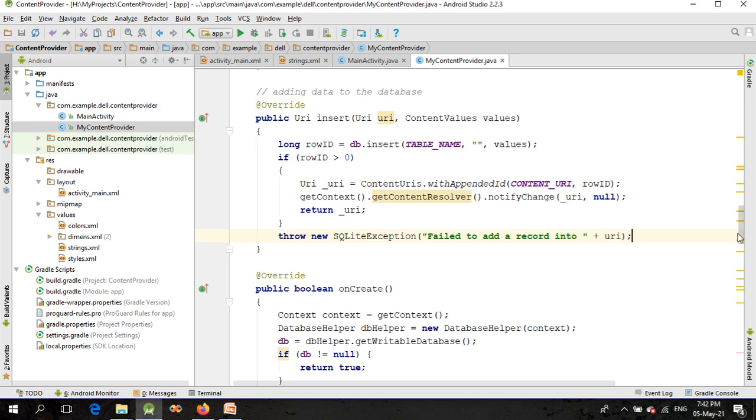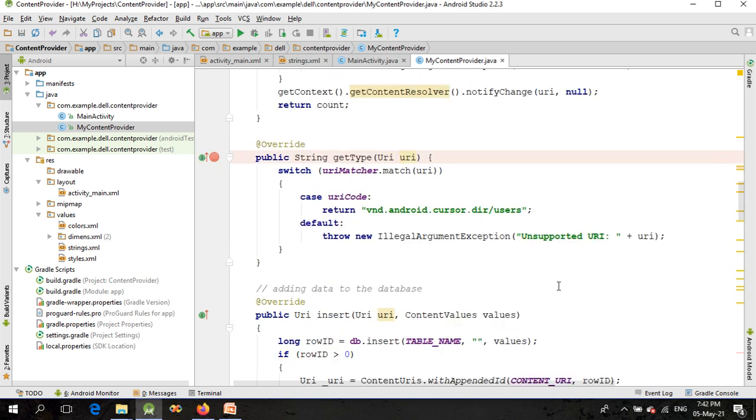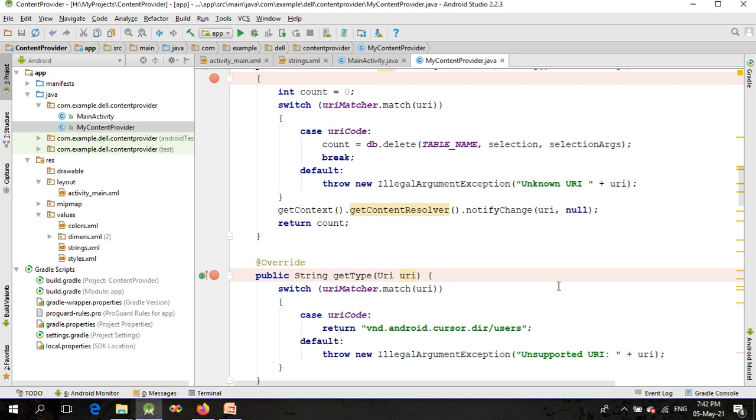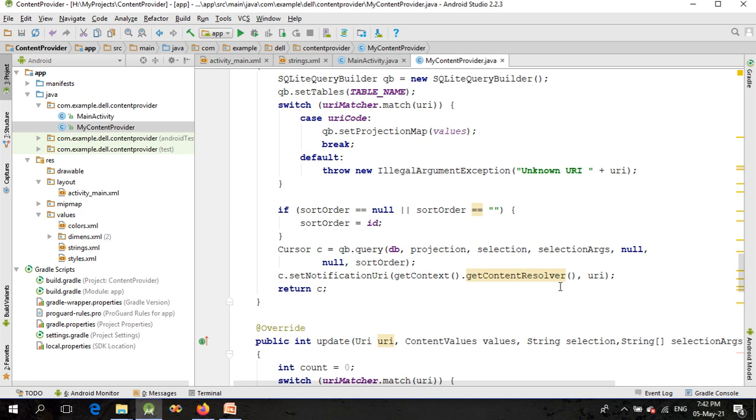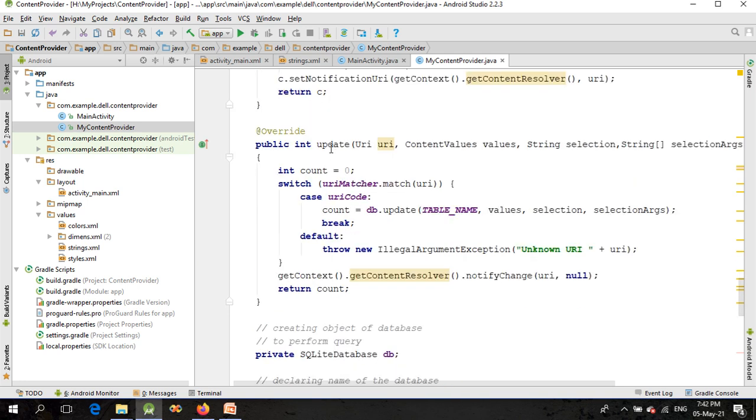Okay, so already we have seen the abstract methods insert, onCreate and query. Now we will see the remaining methods. The next remaining method is called update, and this update method is used